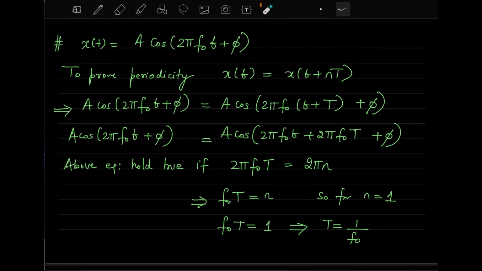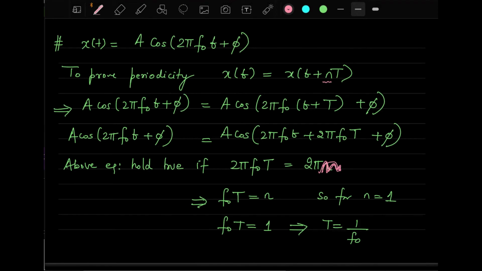And if you want this signal on the left to be equal to the signal on the right, you want this signal to be 2 pi periodic. So you know that this one will be equal to 2 pi n. So this will not be n, this should be m here. Let us say it is m, because n we have already taken here.